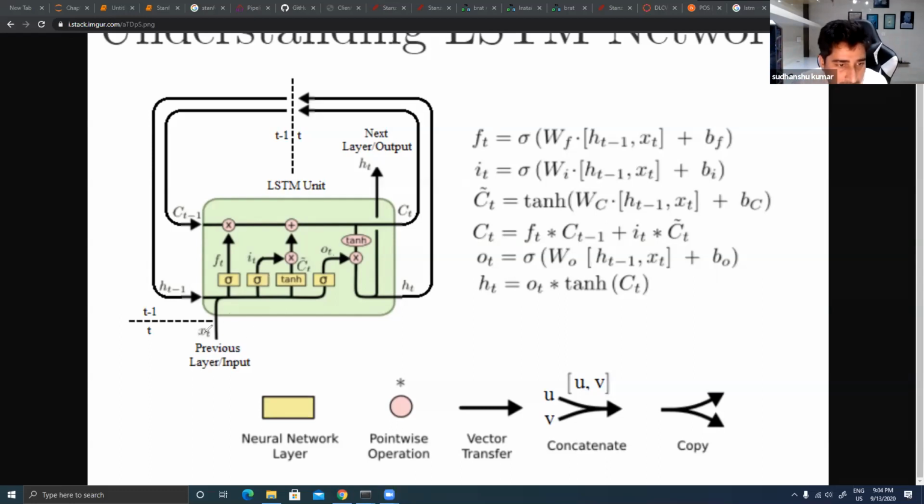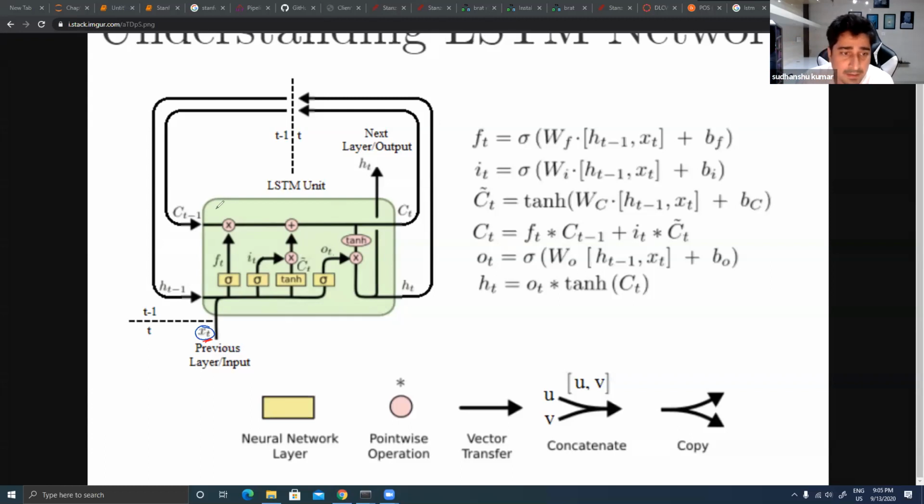Here you will be able to see xt. What is xt? xt is nothing but the input at time t. So again, this entire thing works on a time axis. On top of a time axis, this entire thing is going to work. So xt means input at time t. As of now, I have given some input. I'm just talking about one cell, then I'll talk about the entire sequence. So here I'm giving one input at time t.